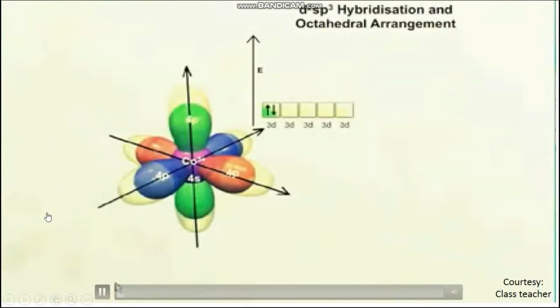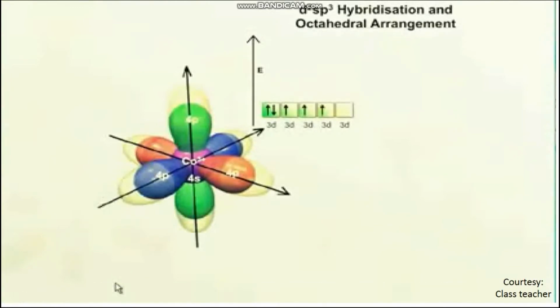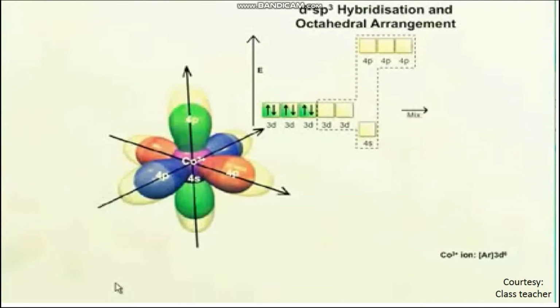In cobalt 3+ ion, there are 6 electrons in 3d orbital and 4s and 4p orbitals are empty. In hexaamminecobalt complex, due to the presence of amino group which behaves as a strong ligand, electrons in 3d orbital of cobalt 3+ ion get paired up. So cobalt 3+ ion hybridizes one 4s, three 4p and 2 of 3d orbitals to form 6 d2sp3 orbitals, and 3d orbitals remain unhybridized.